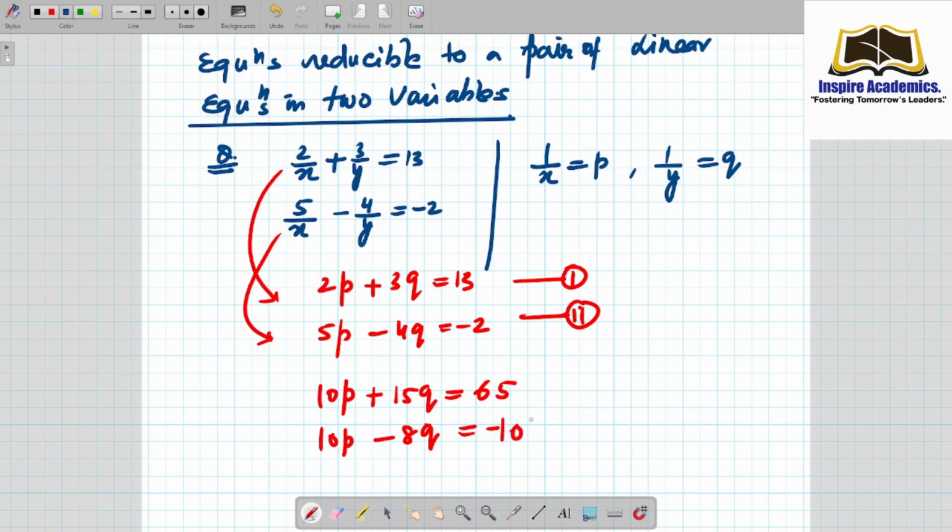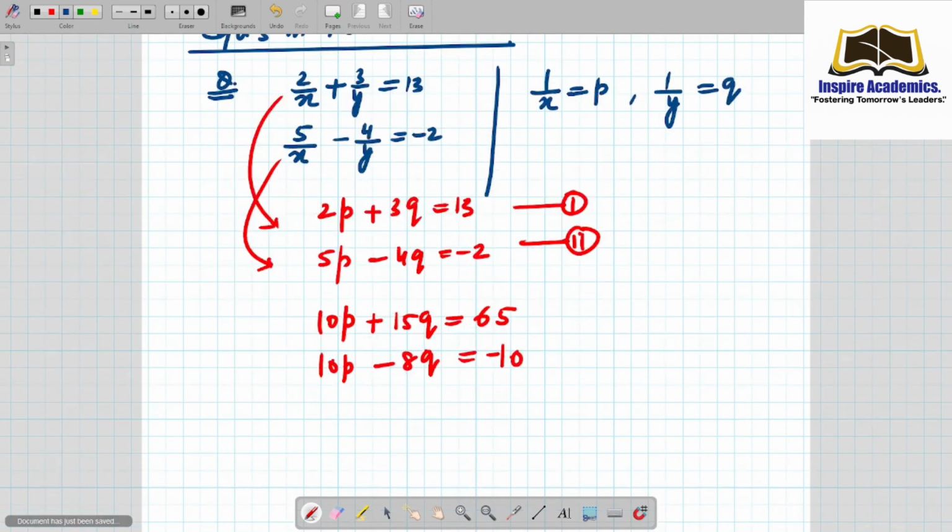So what shall we do? Let us do subtraction, minus plus plus. So this would be cancelled. 15 plus 8 becomes 23q will be 65 plus 10 would be